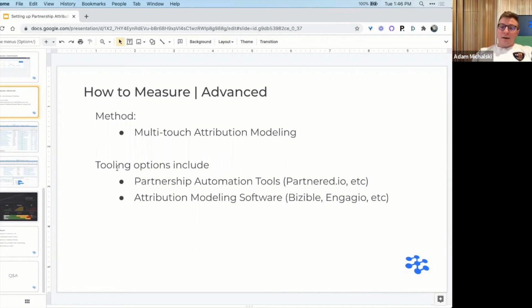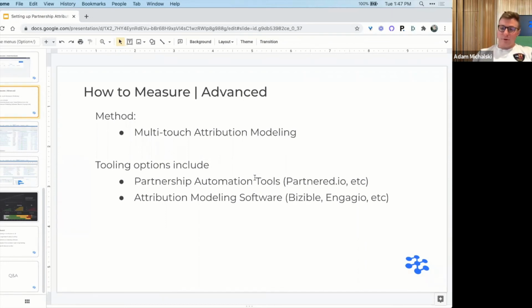I'll walk through how we solved this at Branch, just to make sure everyone's on the same page. We solved it in a specific way that eventually rolled out to become a tool that I'm now working on full time, called partner.io, because it was such an issue for our organization. So there's what I call partnership automation tools in that sense. But when you hear about multi-touch attribution, specifically on the sales side, there are really two big players that I see come up most frequently.